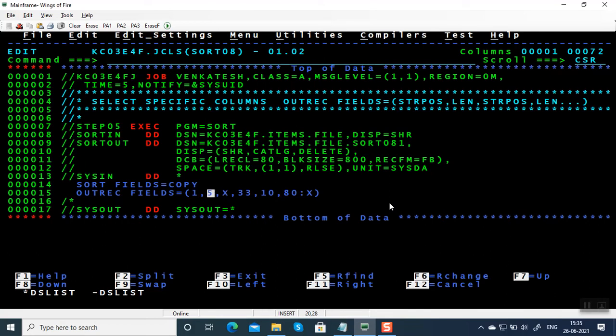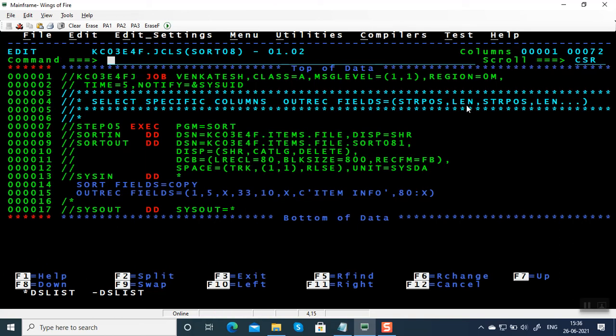So the first 5 columns in the output file will be the first 5 columns in the input file. Then we have introduced a space, and from the 7th column onwards, 10 bytes we are copying from the input file. I'm going to introduce one more space here, and then some data, say item info. It's a string. Whatever you want you can give here, comma 80 colon X. You need not count how many spaces you want to add. Instead, give 80 colon X. It is going to add one column at the end, which is a space, and before that it is going to automatically pad with spaces. Let me submit this.